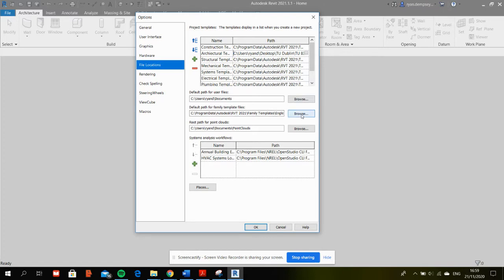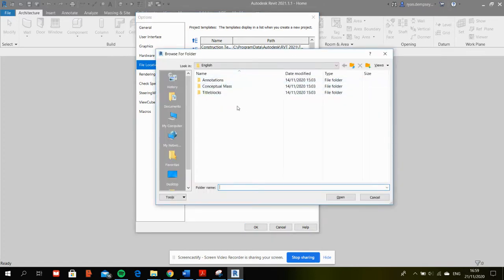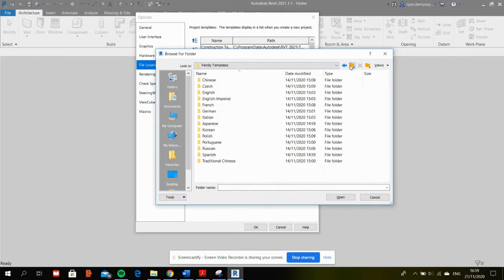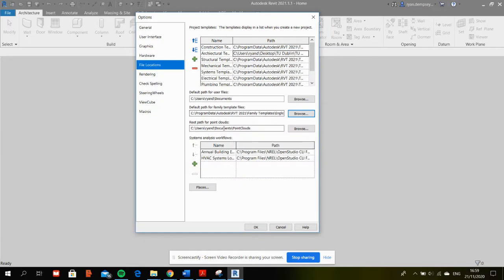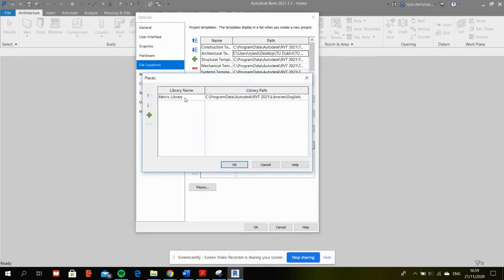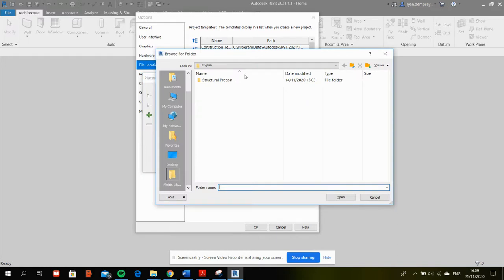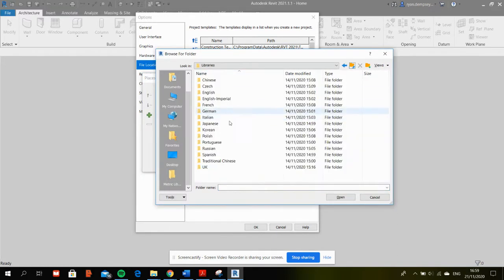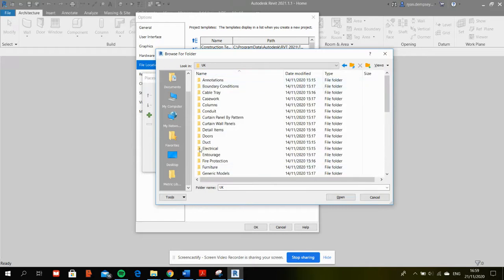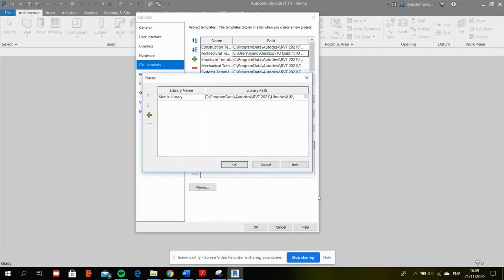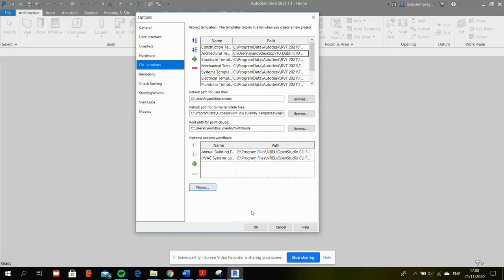Your family template. So this is already preloaded with the Revit setup for the family templates, but if you had your own, you could map them to here. And then also your places, so your metric library. So if you had your own library saved off somewhere, this is where you'd have it saved. So this is really useful when you're in practice and a particular company has their own standards, project families library, so that when you go to create or load in a family, it's bringing you to this folder,